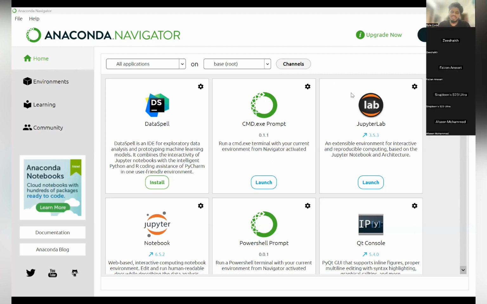Yeah, this is the introductory screen. Now what you do, you go to Jupyter Lab and say launch. It will basically open up a similar sort of environment to what you have seen in Google Colab, but it will be your own. You will run it locally. It will take some time, but it will open up in your default browser. Can you click on launch once more? I just did, it's getting open.